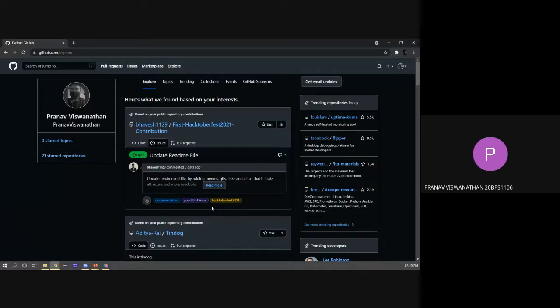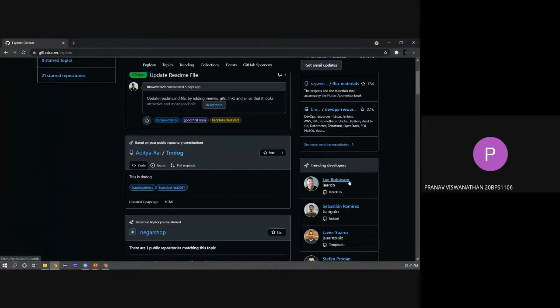This makes it easy for you to find a repository where you want to contribute. On the right, you'll be able to see repositories that are currently trending, so you can see what people like at the moment. You can also see trending developers.